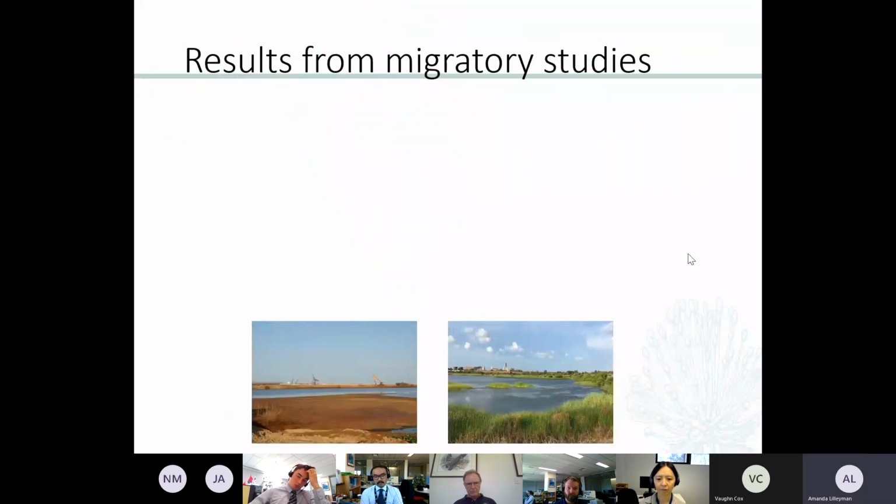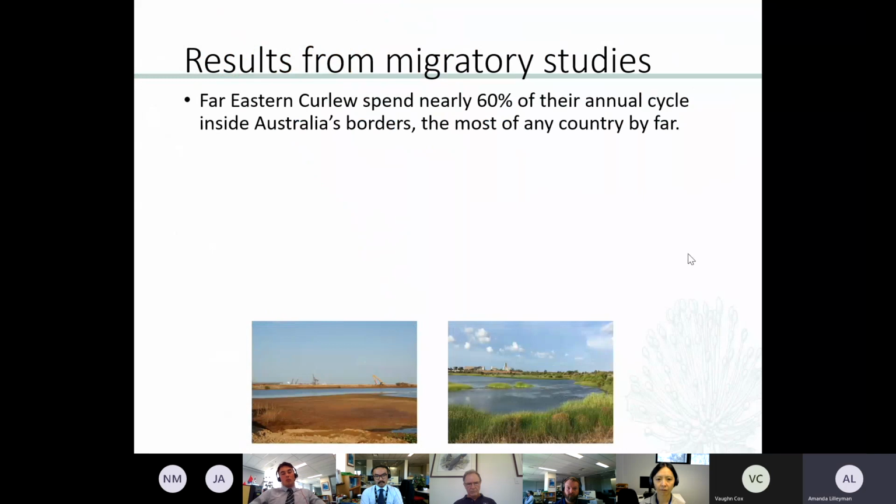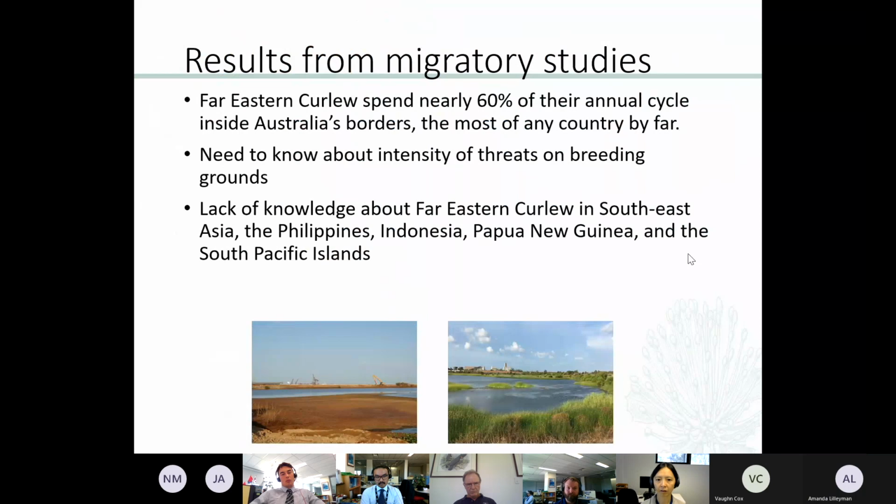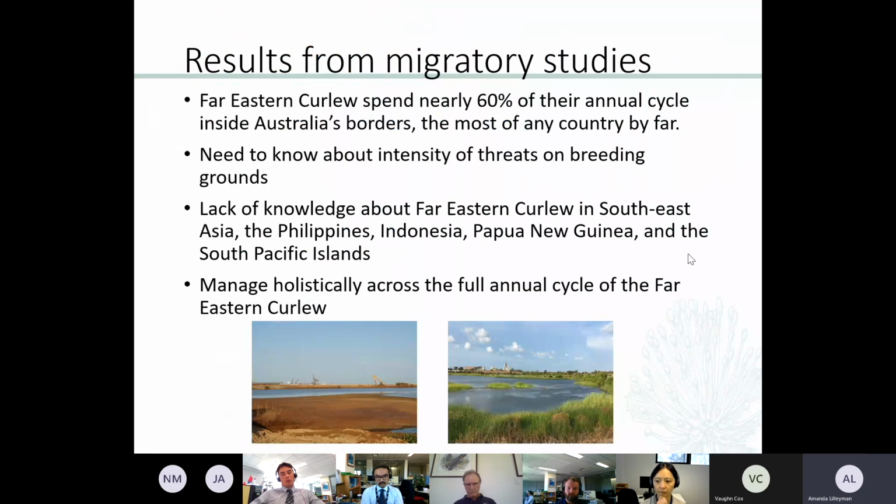And so from these migratory studies, we found that the Far Eastern Curlew spends nearly 60% of its annual cycle in Australia's borders. And that's the most country recorded by far of its entire migration life cycle. But we also need to learn more about the intensity of the threats on the breeding grounds. So that is what's happening when these birds are on the nest on the breeding grounds in northern China and southern Siberia. There's also a lack of knowledge on the Far Eastern Curlew in places of Southeast Asia, in the Philippines, Indonesia, Papua New Guinea, and the South Pacific Islands. And so what we recommend is to manage holistically across the full annual cycle of the Far Eastern Curlew, and